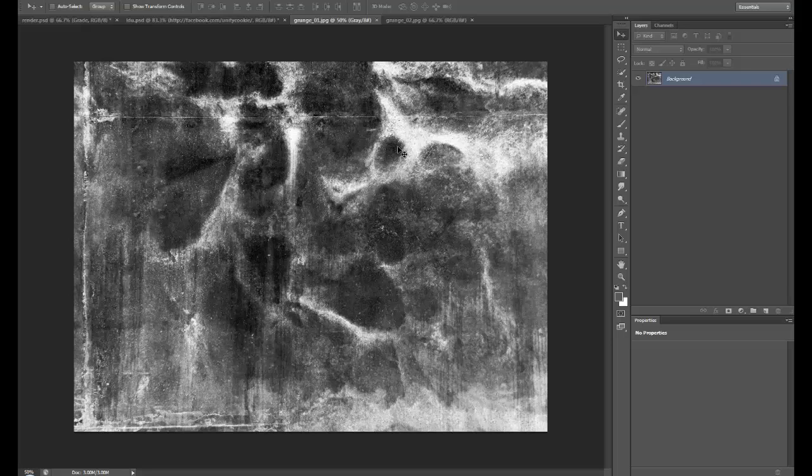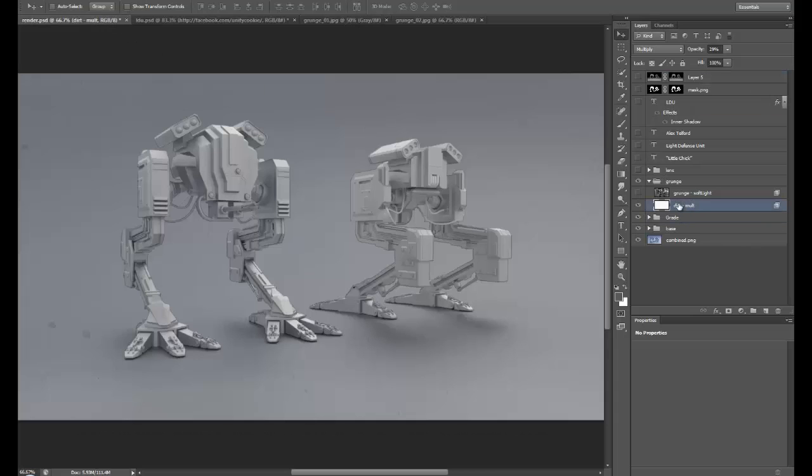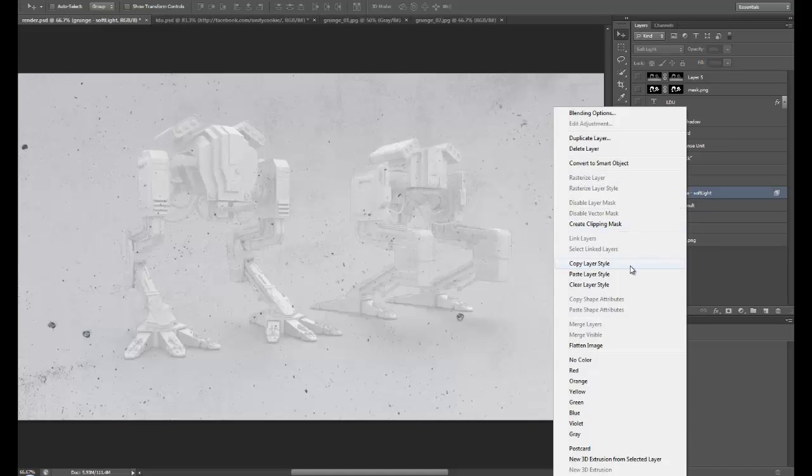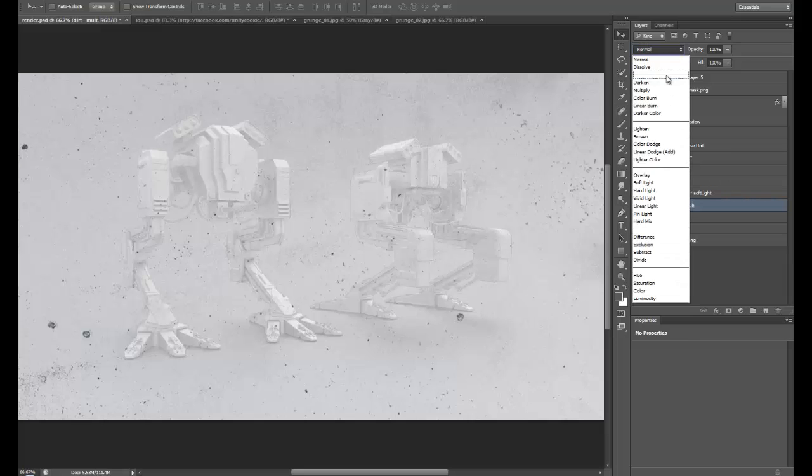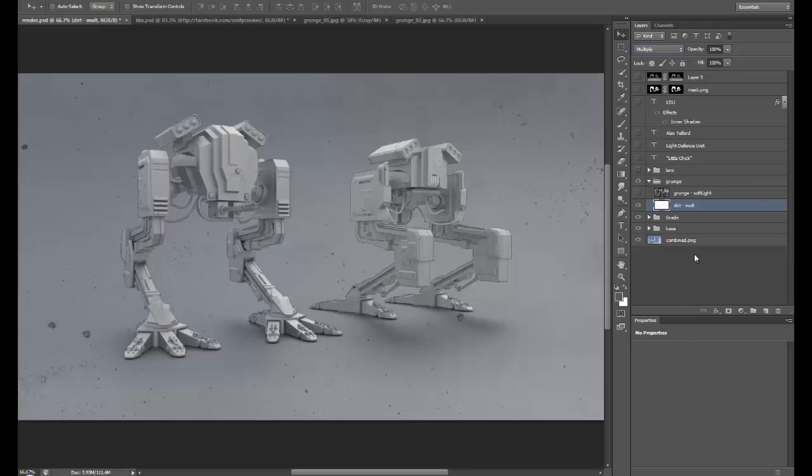Concrete makes a really nice grunge because grunge appears on concrete quite often. These two are from the 3D Total collection, DVD 17, I think. I'm not sure, but you can find them on CG Textures as well. And all we've done here is, if I just go clear layer style on both of these, clear layer style. Okay, so I've grabbed these, and what we do is multiply these over the top. So you can see this one here to multiply,